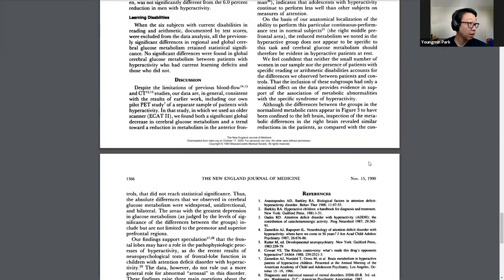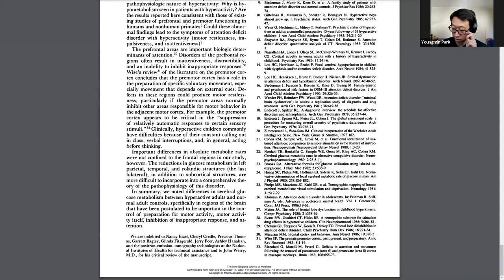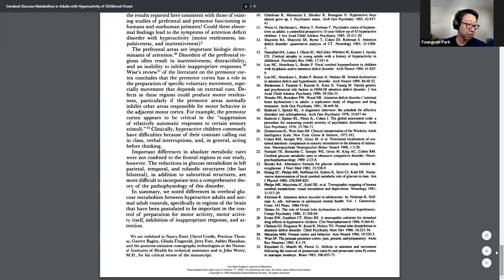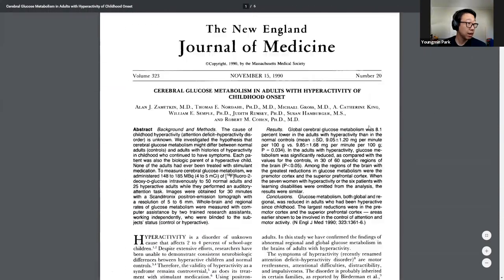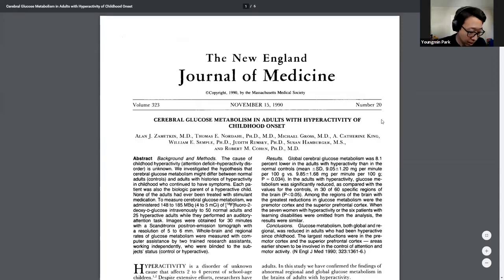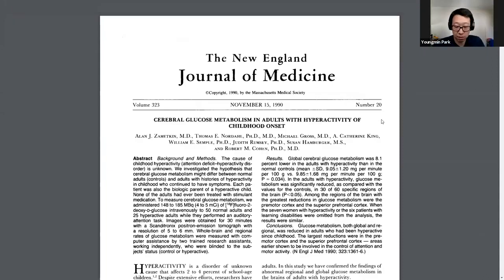All right, and they also mentioned at some point that this study is not just consistent with what I mentioned, but even the prior studies with confounds, with the prior study with the blood flow, that study found that there was increased blood flow to the frontal regions during attention tasks, and this study is actually consistent with that. So very promising, and I was able to find the study because of James Hallowell's